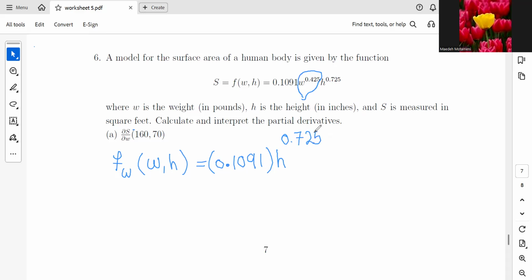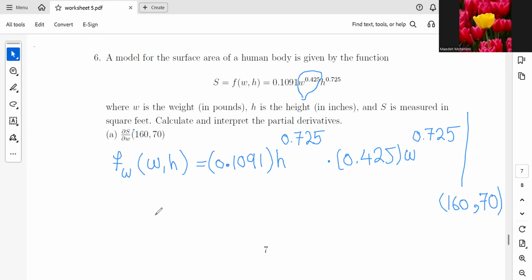0.725. And for finding the derivative of w to the power 0.425, it will be 0.425 times w to the power 1 less than whatever we have here. It means 0.425 minus 1, which is 0.725. And that would be calculated for the point 160 as the first variable, which is w, and 70 for